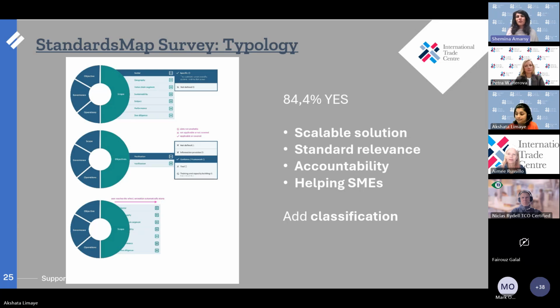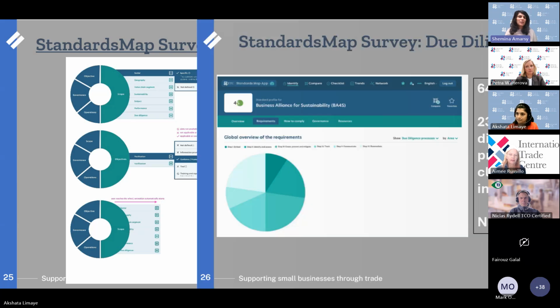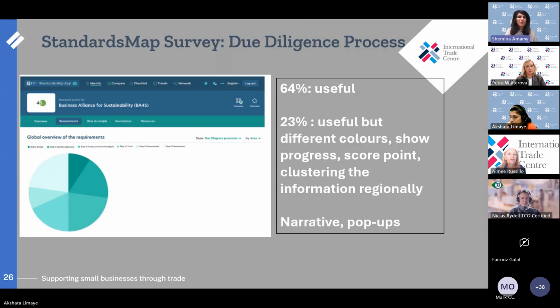A second feedback is also very much linked to the topic that we are discussing today in the next slide, which is the due diligence and more particularly due diligence processes. An idea was put forward actually to present what standards contribute based on their normative requirements and based on their documentation and on their work, how they contribute to the different steps of due diligence. And we're talking about the 6 steps now. But we are talking about processes, how they can contribute to help, to accompany companies and enterprises in fulfilling their due diligence duties